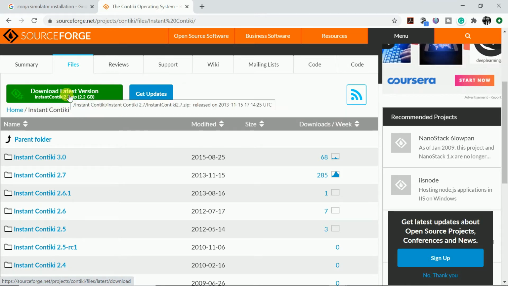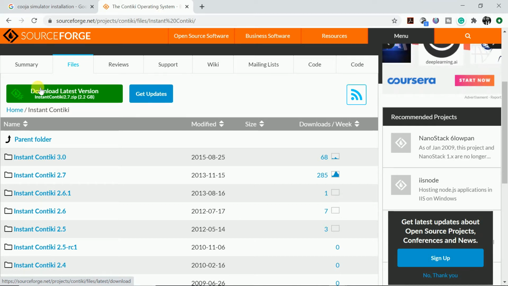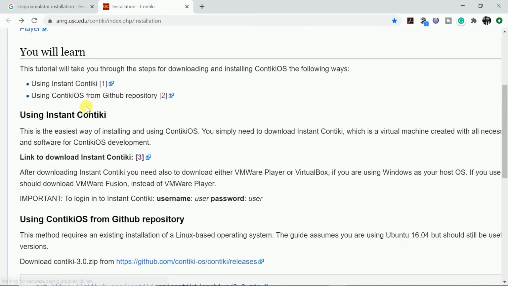I'm not gonna download it again because I've already downloaded this 2.7 version and 3.0 version both. Okay, so the very first step, you have to download these files of Instant Contiki from this particular website, and after that let us go back. Okay, so the very first step was you have to download the Instant Contiki, that is from that particular link. So after downloading the content, you have to move to the next step. Okay, so we have also got a link here for downloading the Instant Contiki. It's the same one as this one, so either you can click here or click here.